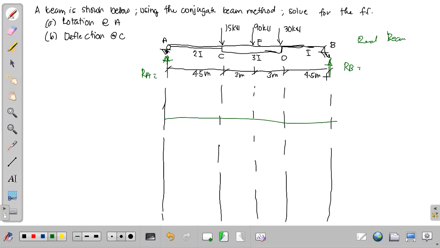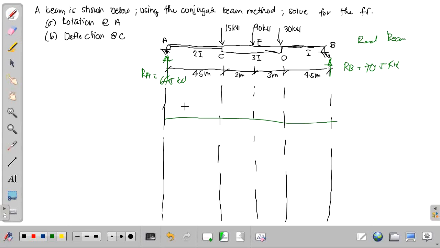So we have 4.5 and 4.5. 70.5 reaction at B, and reaction at A. Summation of forces: 64.5 kilonewton. Okay, so let's